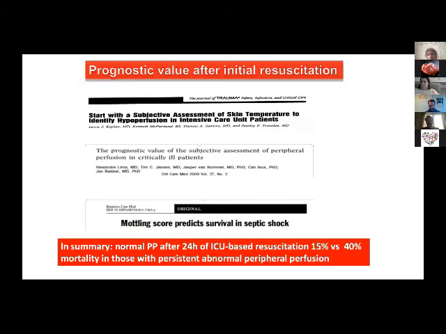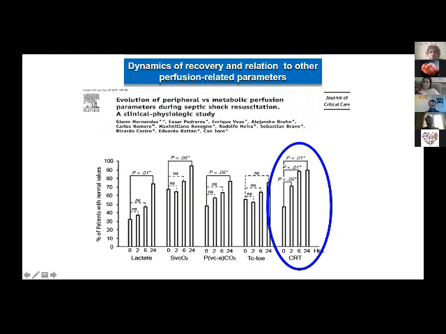So it's very important, and consistent with that, several epidemiological studies, observational, including one of our groups and Jan Bakkers', have shown that if you normalize peripheral perfusion early after a couple of hours of resuscitation, even in the emergency department or in the ICU, you have a risk of mortality less than 20%, probably representing patients in hemodynamic coherence, patients that respond fast, they have preserved microcirculation, etc. And if you do not, it probably represents a more severe cohort of patients where they already lost hemodynamic coherence and they die more than 40%. This is very consistent. And as I said before, CRT is the first variable in normalizing survivors of septic shock